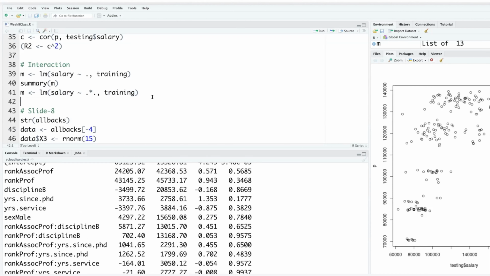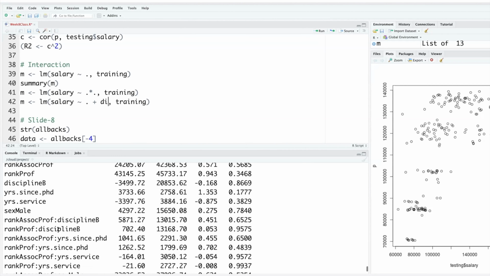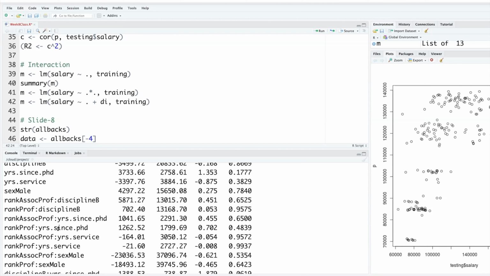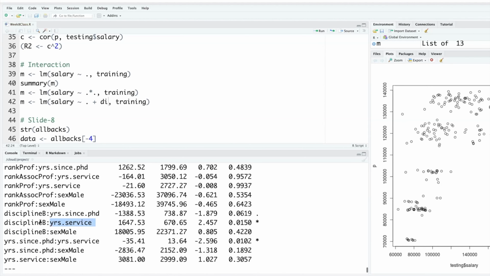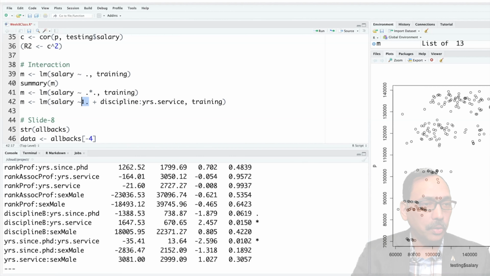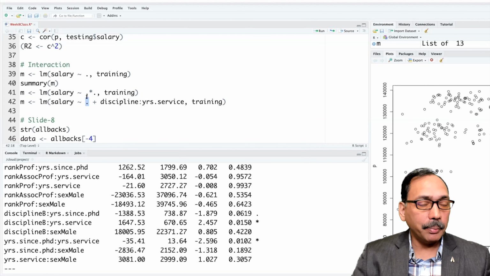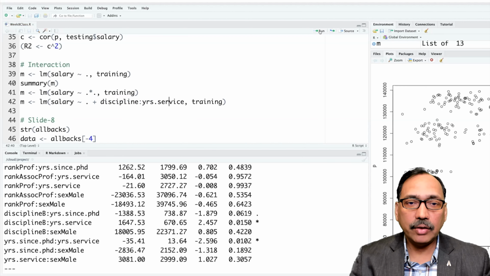Having run that, if you know that you want to include only one of the interactions, not everything, what you could do is add, I simply want to include the combination of discipline and years in service. So discipline, it will have all independent variables and then also include this interaction term that we may be interested in.